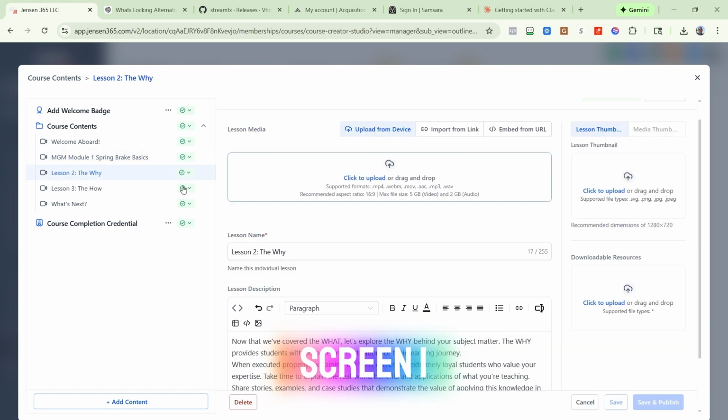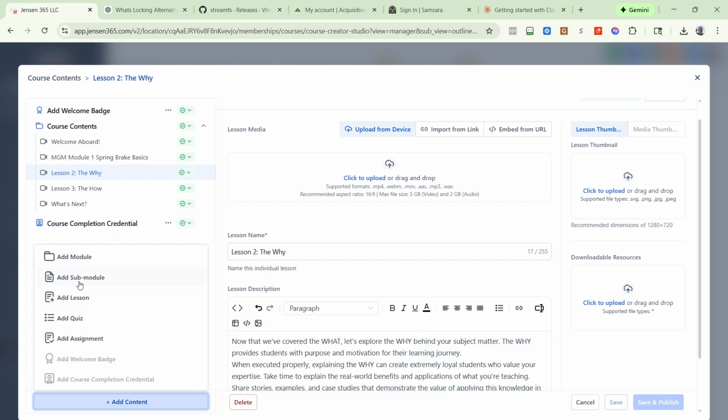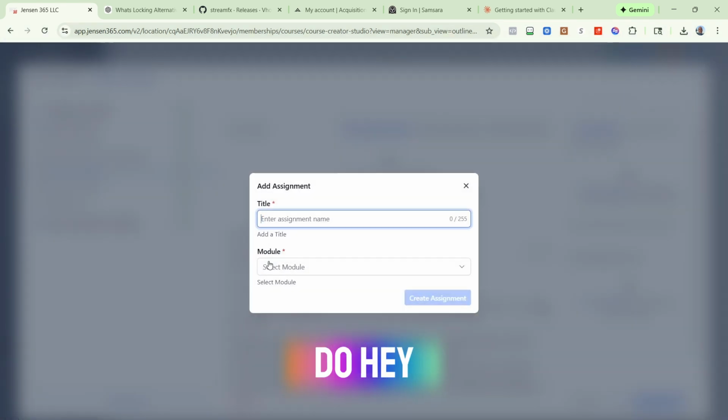You see the same screen. I do the same thing. What other things could we do here? Well, obviously, you've got a welcome badge and a course completion credential. Say I want to do a submodule in there. A lesson is actually another video here, but say I wanted to add an assignment, like you wanted to do, hey, I want an assignment like